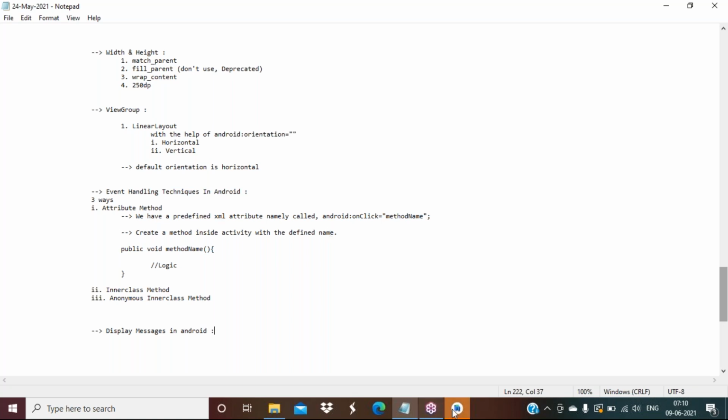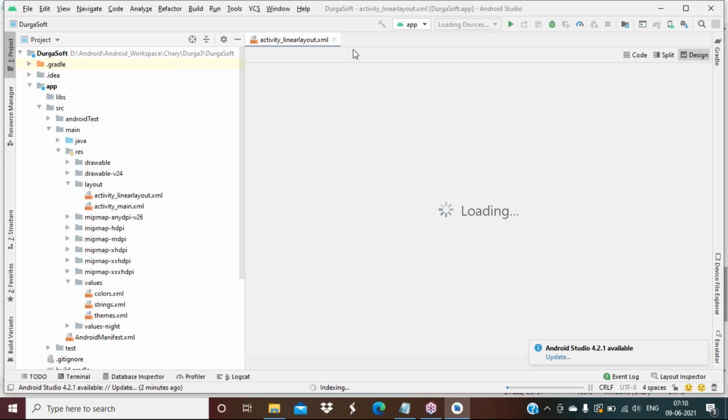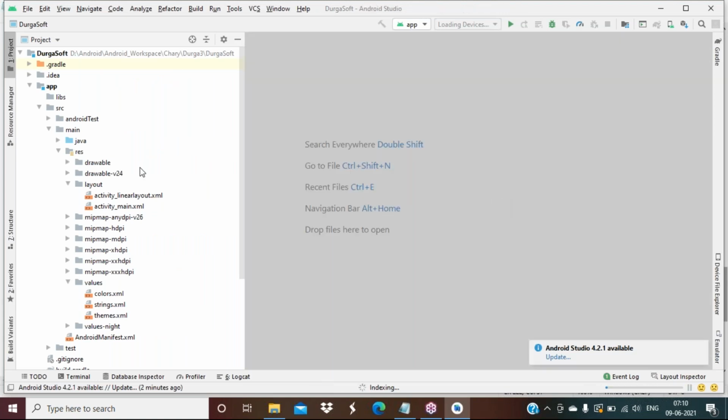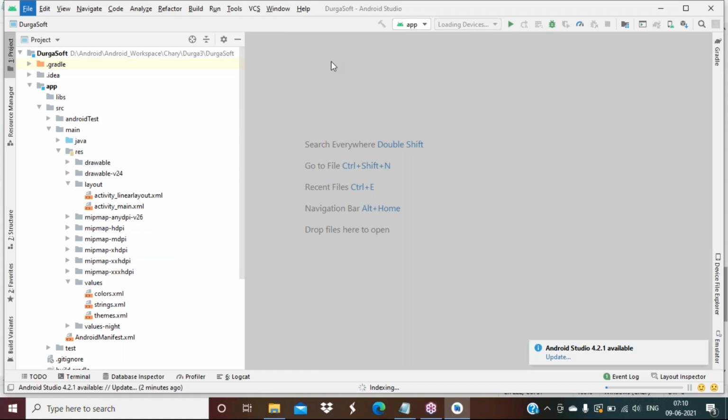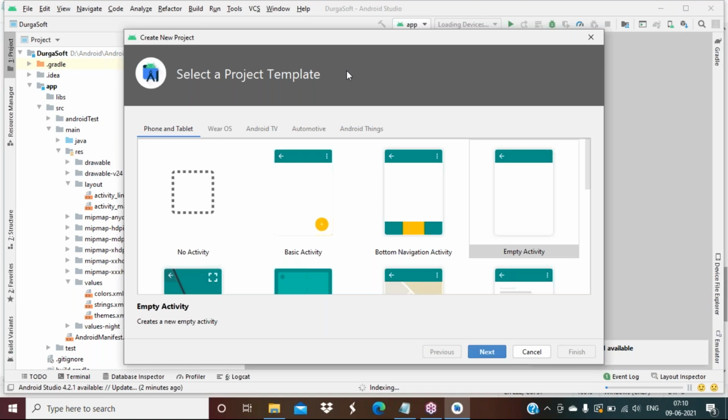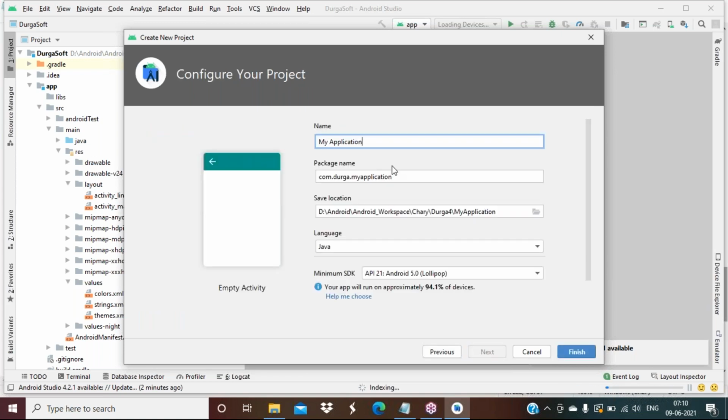Okay, so for that I am just creating a new project. I don't need this linear layout to load something. Let me create a new project. I'm just taking an empty activity. So what I'm using is attribute method.